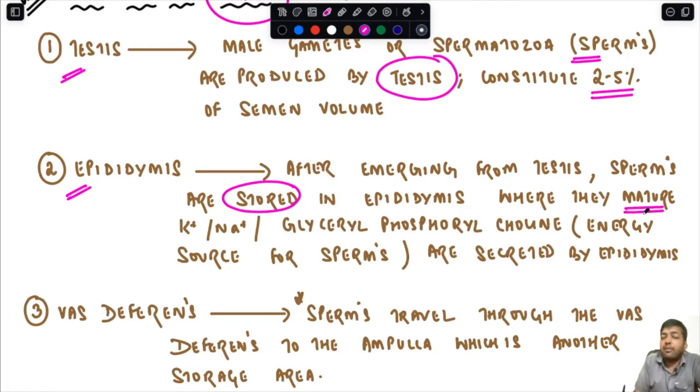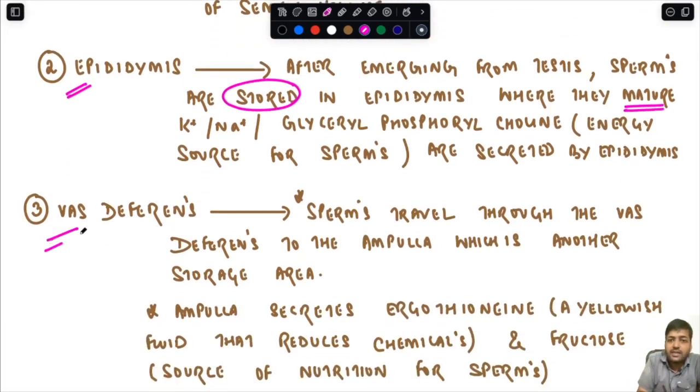Over here, the epididymis is adding potassium, sodium, glycerol, phosphoryl choline, which is an energy source for the sperms. These are secreted and added to the sperms. Inside the vas deferens, the sperms travel through the vas to the ampulla, which is another storage area. Ampulla secretes ergothioneine, which is a yellowish fluid that reduces chemicals, and fructose, which is a source of nutrition for